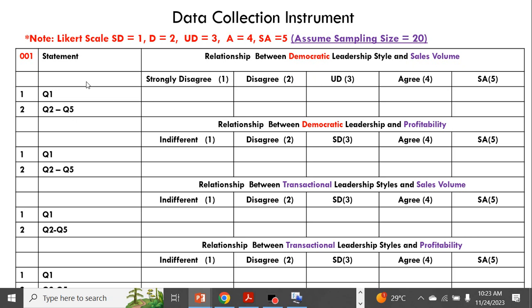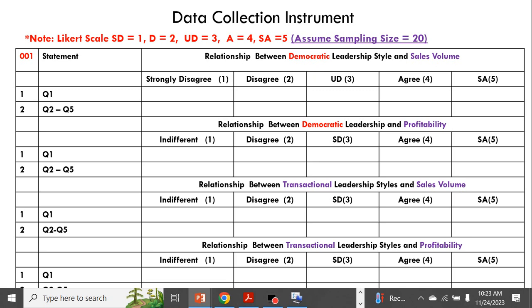Also, take note that we are trying to extract appropriate data that depict the relationship that goes with the hypothesis that we're testing, that is leadership style and organizational performance.